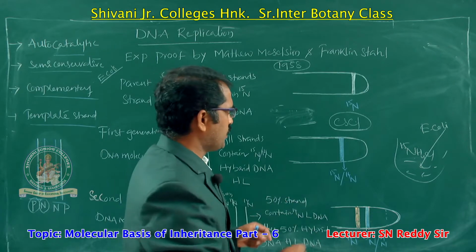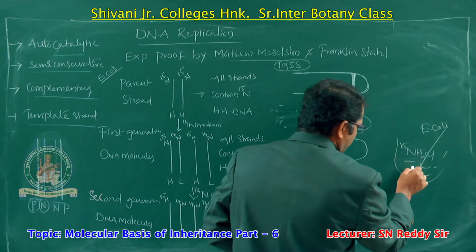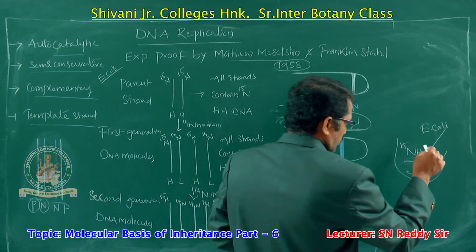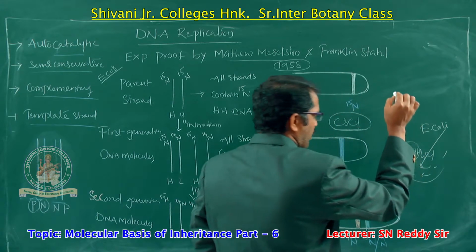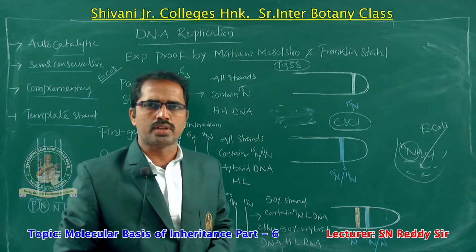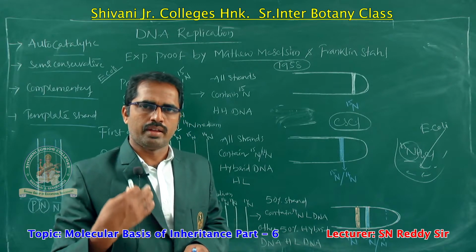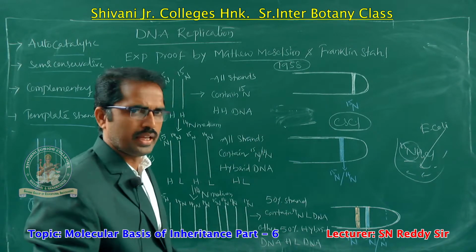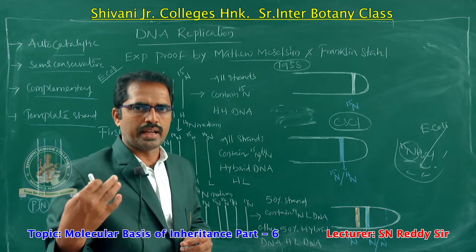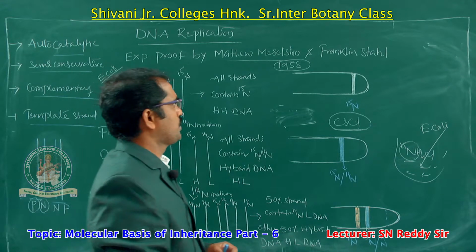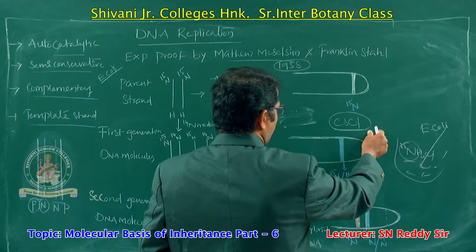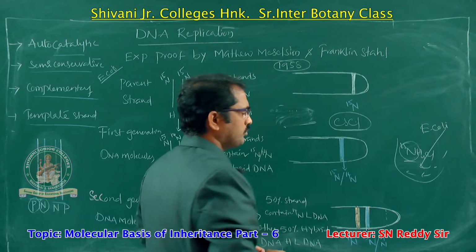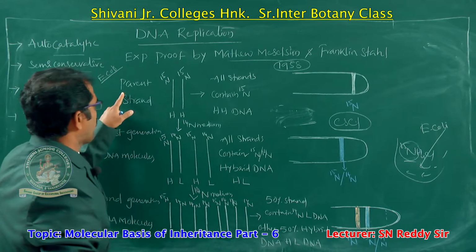Okay, that means in these, the medium is N15 only, N15 NH4Cl. That's why this N15 will be incorporated into Escherichia coli components which have nitrogen. Either DNA or other compounds, those N15 will be incorporated into Escherichia coli DNA and other nitrogen containing compounds. Now you see, whenever this separates by using cesium chloride density gradient, this is the heavy DNA. That means this is the parent strand.